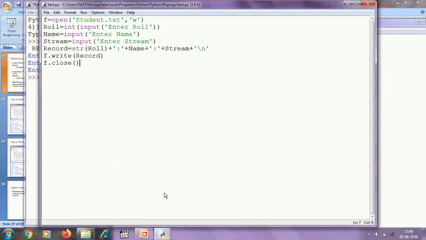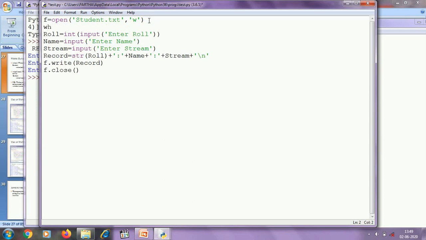If I need to write multiple records, then I need a loop. That means using the loop I am going to repeatedly collect the student data from the user, and repeatedly write the student records to the text file.